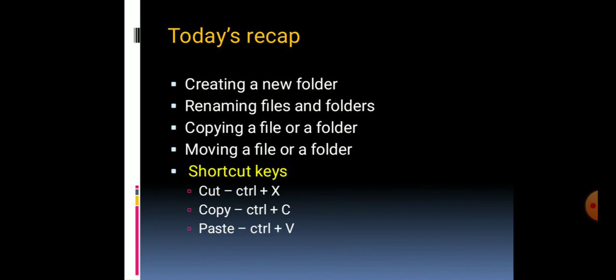Then for copying, Ctrl plus C. Then for paste, that is pasting it in some other location, Ctrl plus V. So these are the shortcut keys for cut, copy and paste. Cut means Ctrl plus X, copy Ctrl plus C, and paste Ctrl plus V.